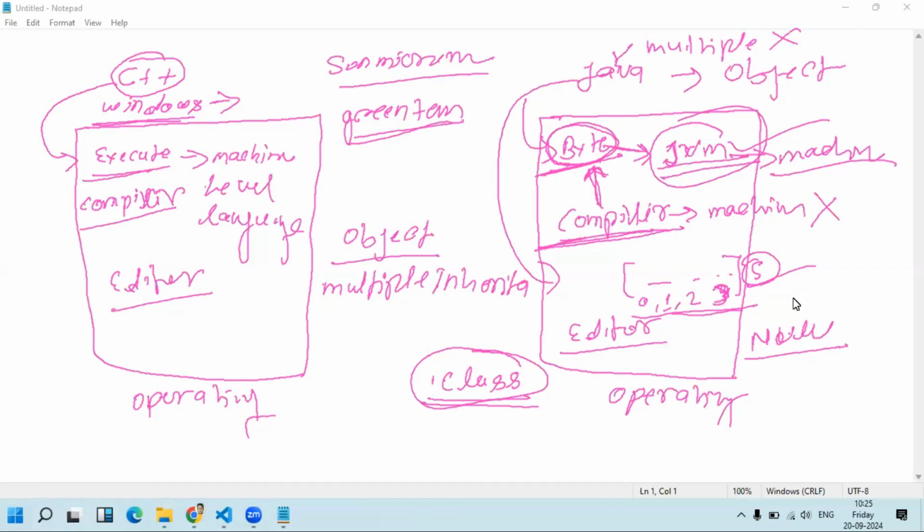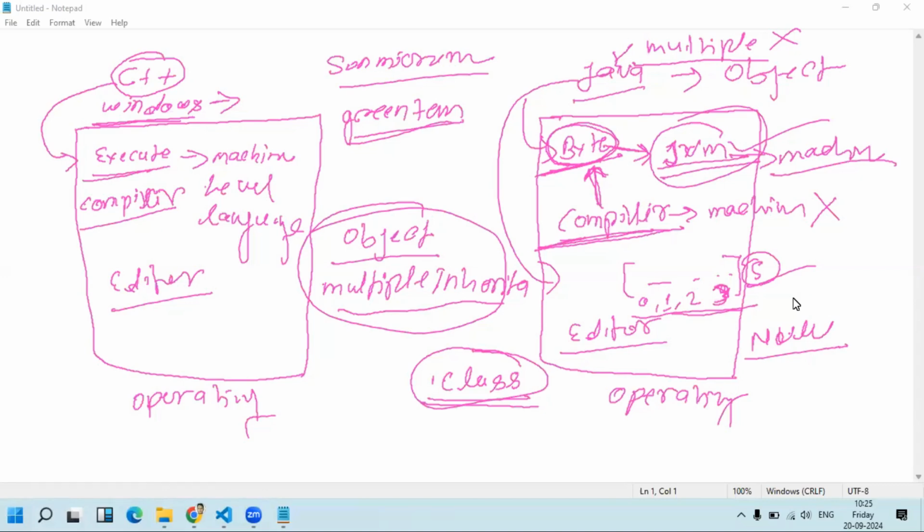C++ has more advanced features than Java, in that we can achieve multiple inheritance, means we can inherit multiple classes in a single class. But in Java, we can have multilevel inheritance, but we cannot have multiple inheritance. We cannot inherit multiple classes for a single class in Java. That is the restriction in Java.